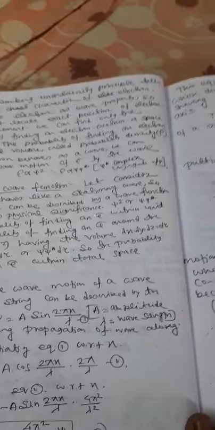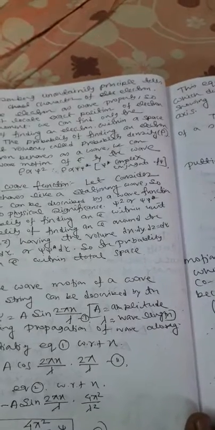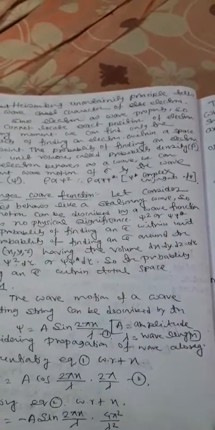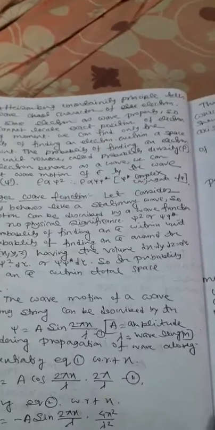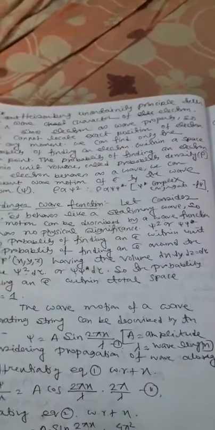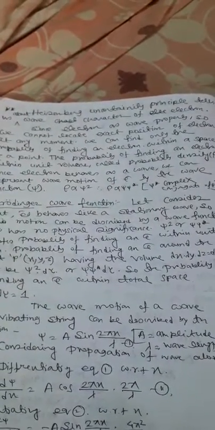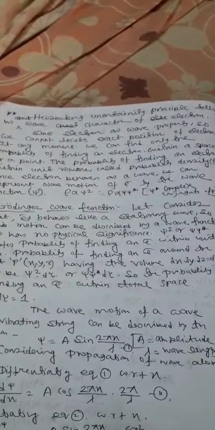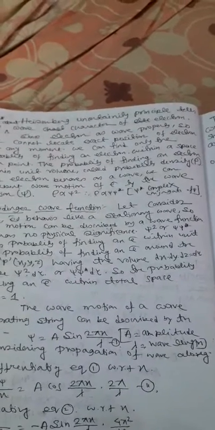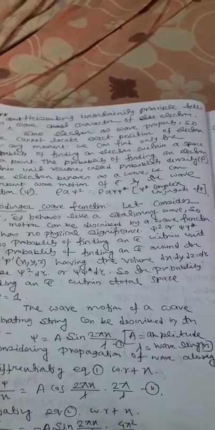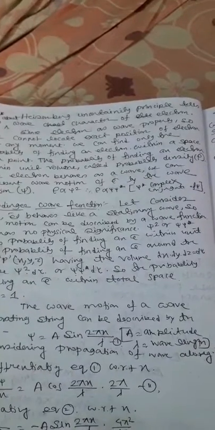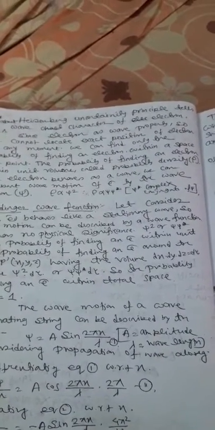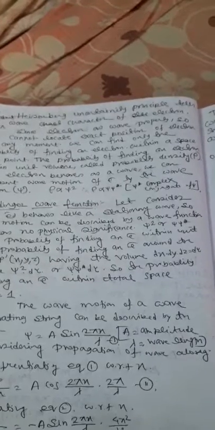To understand the Schrodinger wave equation, first, electrons behave like a stationary wave, so its motion can be described by wave function psi, and psi has no physical significance. Psi square and psi star denote the probability of finding an electron within unit volume and around the point P, suppose